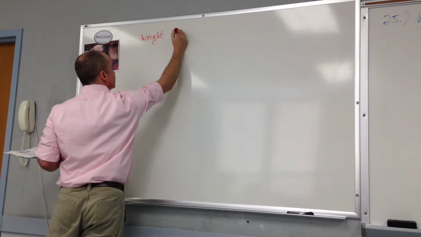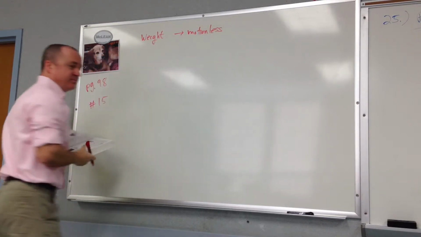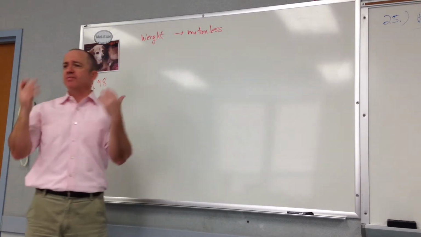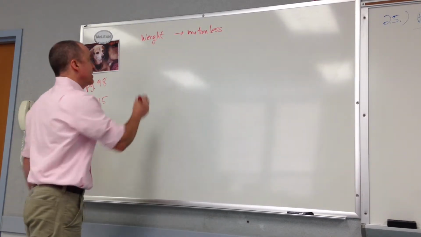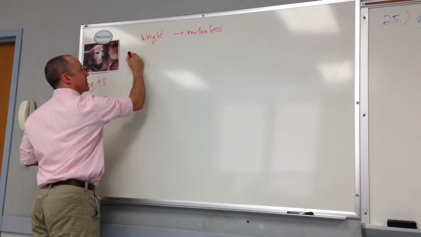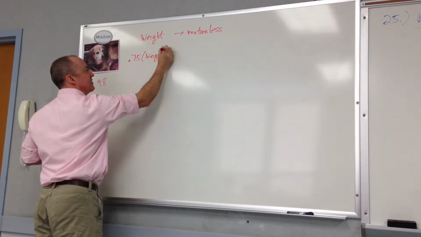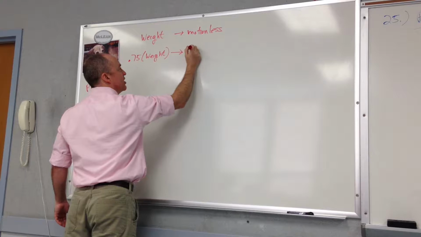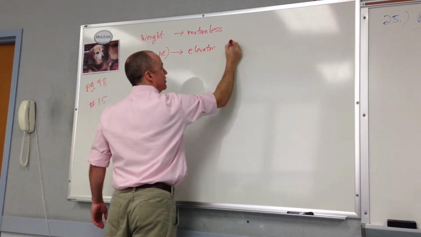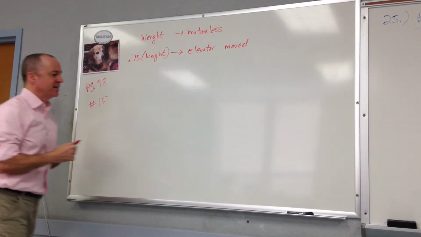has a weight while motionless. And just like we showed with the medicine ball lately, when we toss the ball up and down while standing on the scale, it changed. If there's any change in acceleration of any part of the mass of the person or the system, 0.75 of the weight is what the scale showed when the elevator moved. Okay, this is a question that's going to sound more complicated than it is,